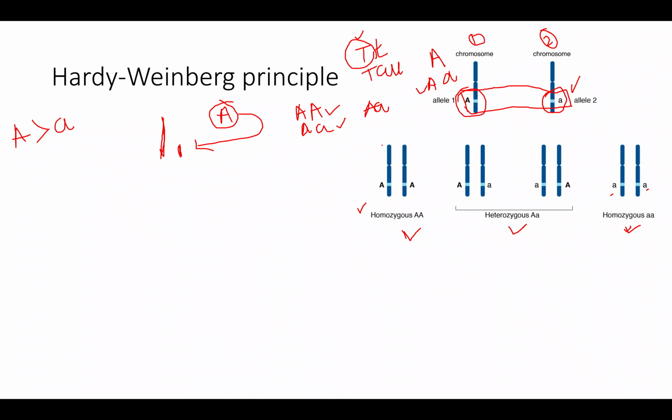In case you are wondering why there are two sets of chromosomes, we have sexual reproduction, a sperm fusing with egg. So sperm will have one set of chromosome, egg will have one set of chromosome, and now they are fusing randomly. This is a chance event. You can get capital A, capital A, capital A, small a, or small a, small a. That is completely based on the random fusion of egg and sperm, which generates different conditions such as homozygous or heterozygous and different combinations of the allele.